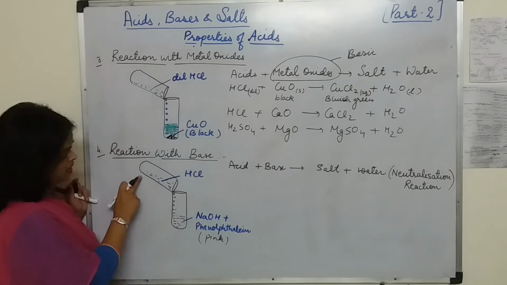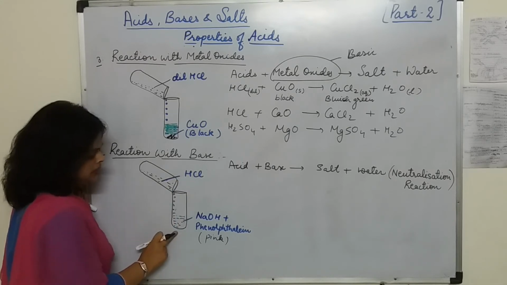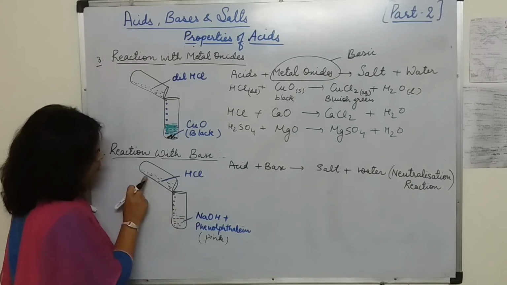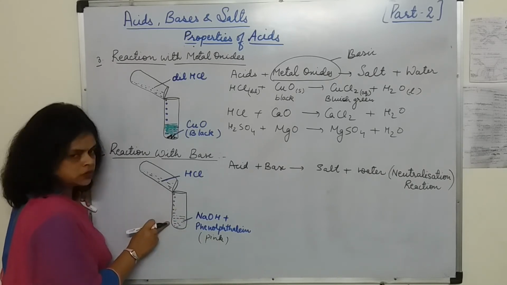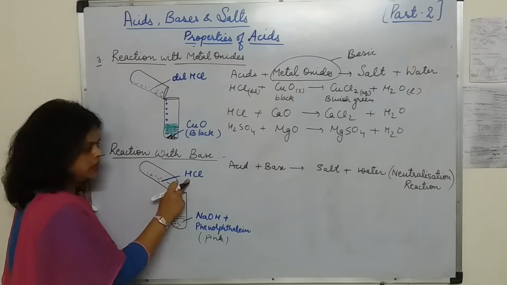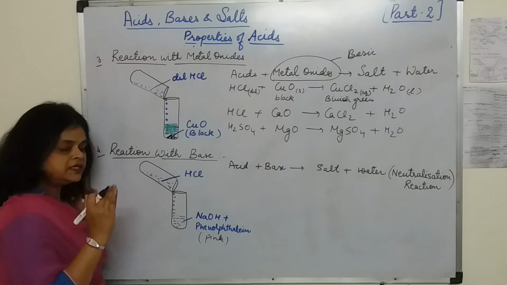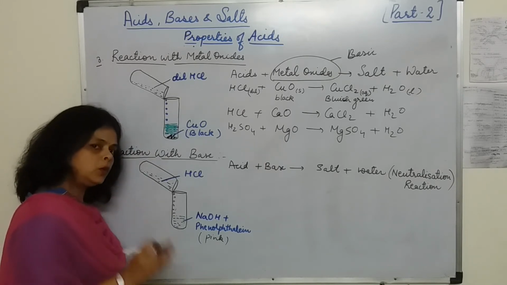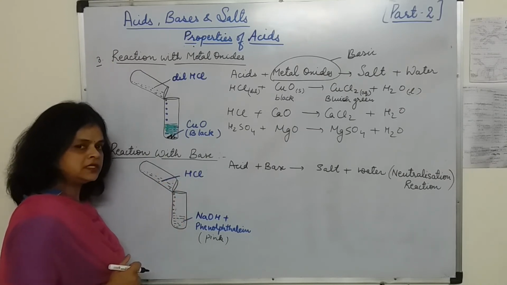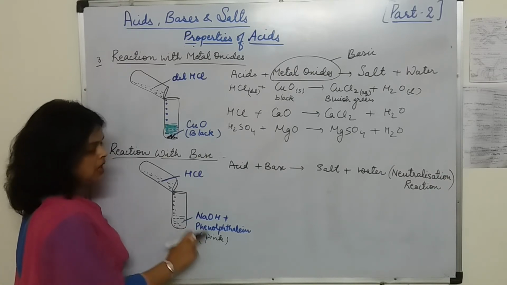Okay, now in another test tube, we had taken HCl, hydrochloric acid. In the beginning, the color of the solution present over here is pink. Now drop-wise, keep on adding acid to this NaOH. When OH ions get neutralized by H ions, the pink color keeps on decreasing its intensity. One stage will be reached when all the OH ions react with the H ions given by the HCl. So we can say the neutralization has taken place, and the pink color disappears after that.